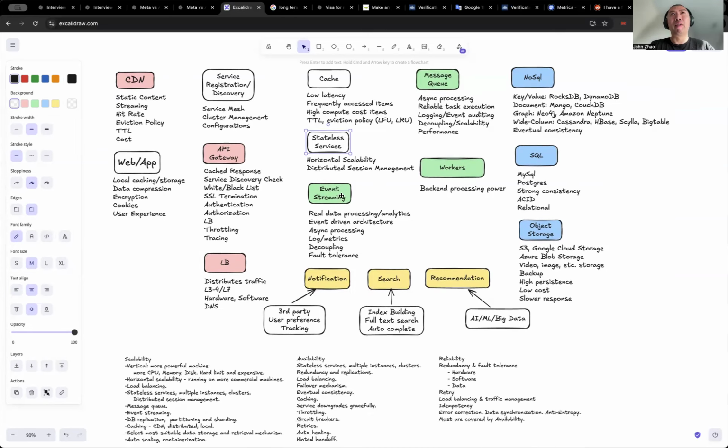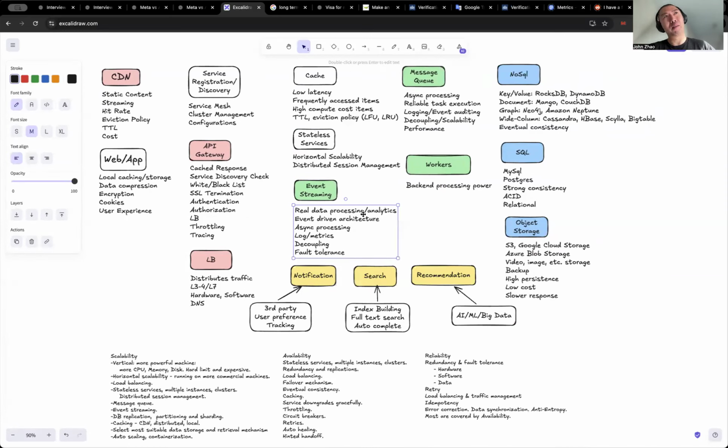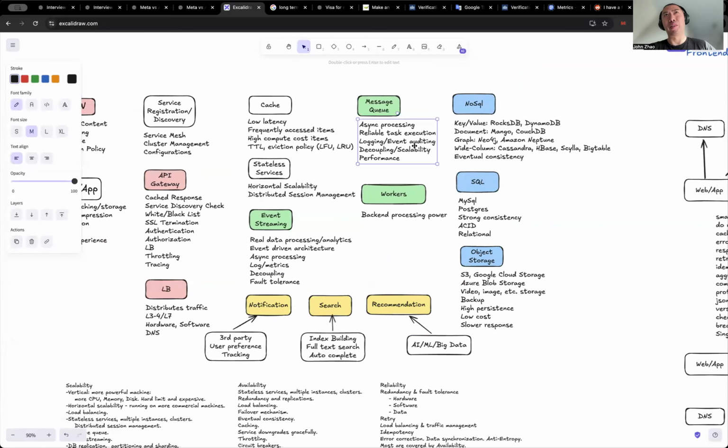management. Event streaming, like real-time data processing and analytics pipelines, is especially useful for event-driven architecture, decoupling the responsibilities, and making sure everything can run in parallel. Fault tolerance: data is persisted, for example, in Kafka. So that's event driven. A message queue is similar, for async processing and reliable task execution. For extreme performance, you can scale up the consumer and the producer separately to manage the load depending on the